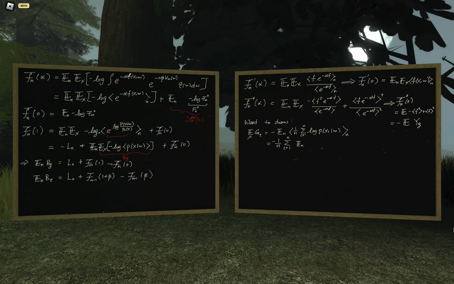the posterior averaging and the averaging over the data set, but the posterior average and the data set average definitely do not commute, right? Because the posterior itself is a random variable of the data, so you can't push it in any further. What you can still observe is that since the xi's are IID, they all come from the same distribution, and they are all independent. It means that